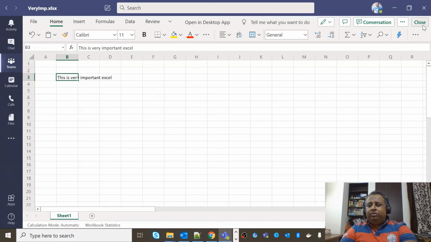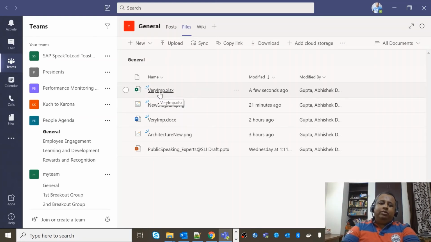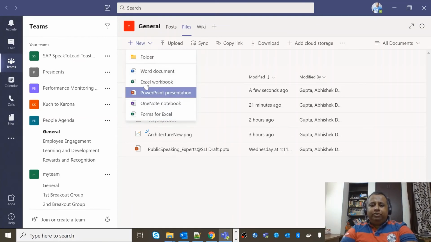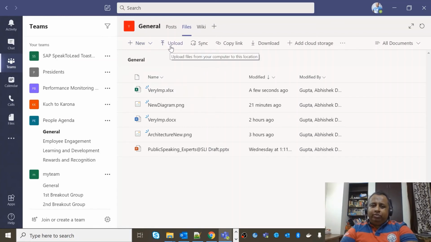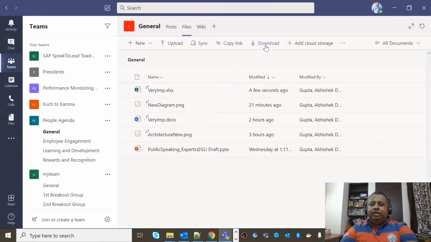So I just want to save it here, so I close it, and now the latest details that I shared in the Excel is part of this version, and people can just come here to this file section and check out the new version, and they can do their own changes. Some other options that we have in this tab is the new button. I can create a new file from the options that I have here. I can upload file from my system here, and also I can download the files that I have here as a zip file on my desktop and work on that.